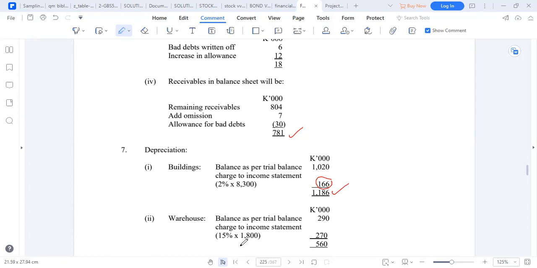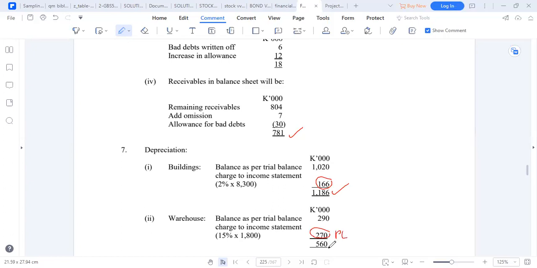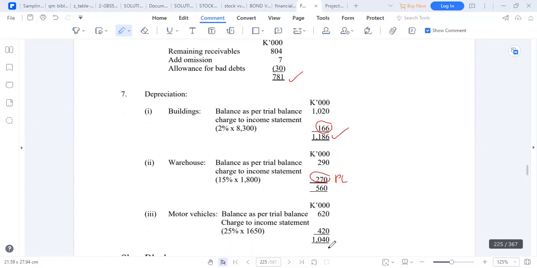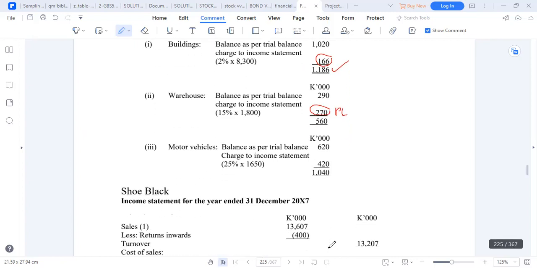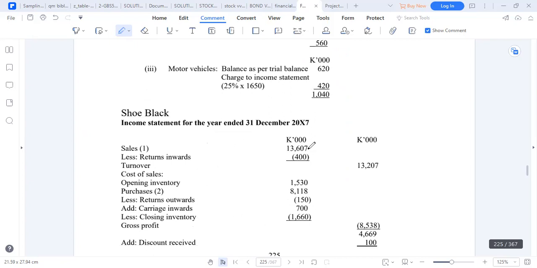Same, 15% of warehousing. This one only goes to the profit and loss account. Then the total, we'll put 90, is what is going to appear in the balance sheet as the total accumulated depreciation. Same with motor vehicle. So when we start our transactions, so the sales which has been already adjusted, we less